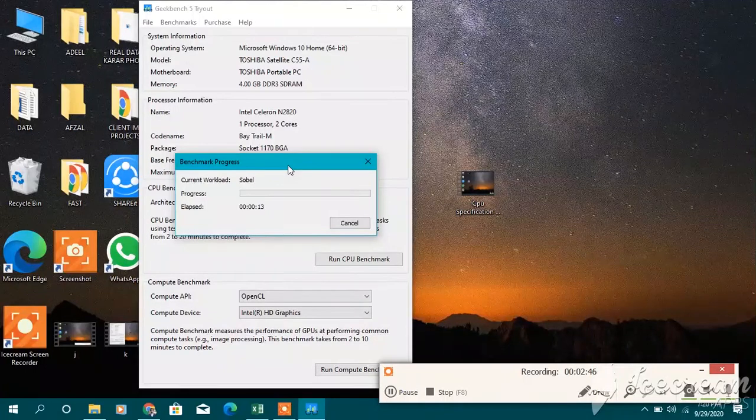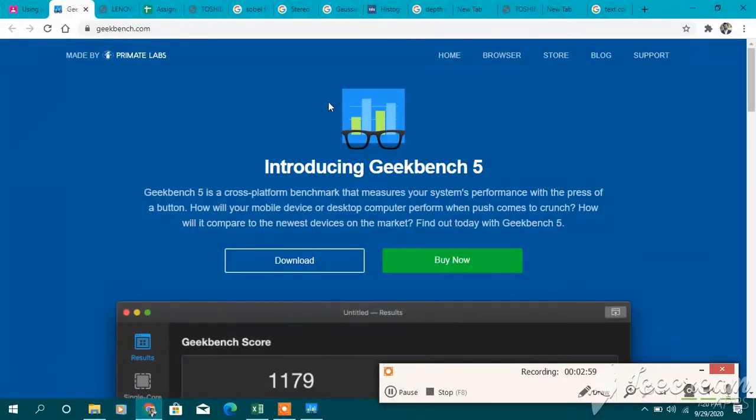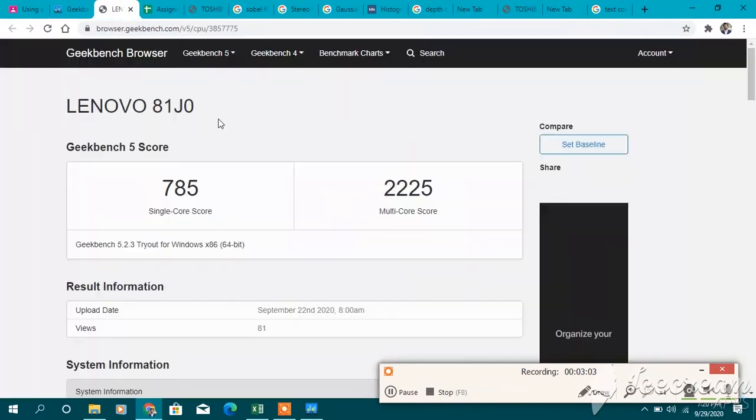I have done this work already, so I just want to show it on my browser right now. After that, it shows some results on the official Geekbench website. Here are some values shown on the Geekbench website.